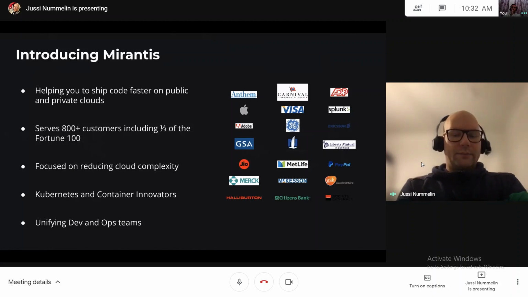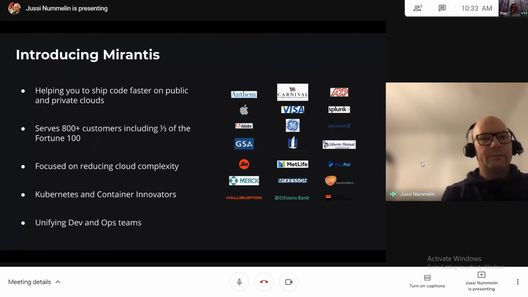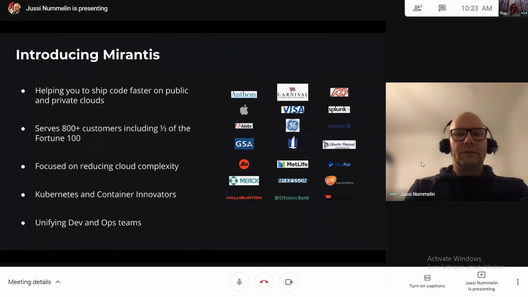And then of course the world of containers through the acquisition of the Docker Enterprise side of things, and Kubernetes and everything. So that's our vision: to ship code faster with cloud native technologies, Kubernetes and containers.